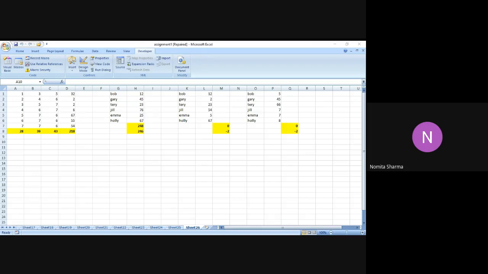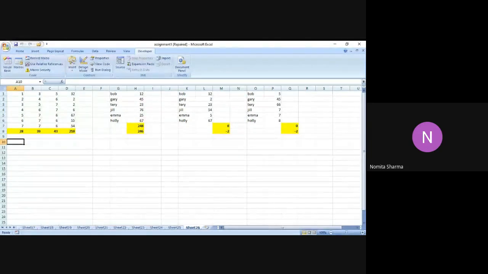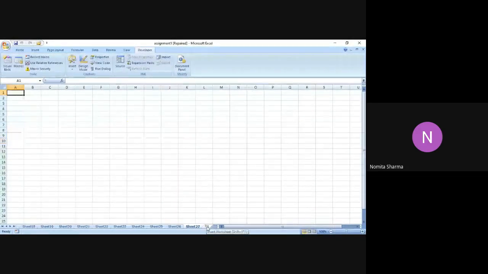But we also get to know the overall value that we are getting by that increase or decrease in the particular price. So if we have a program where we want to highlight not just the increase or decrease but the overall value also, there we are going to use the spin button. We use the spin button especially in scenarios where we want to highlight an increase or decrease in a certain value. It's very simple to do. I will just show you. It will just take a minute.